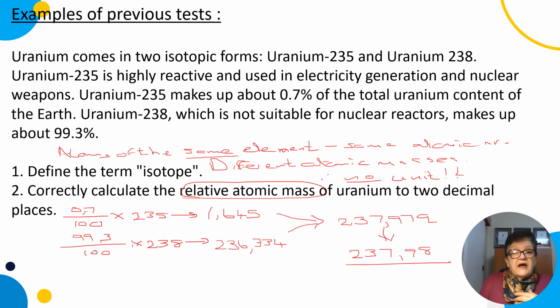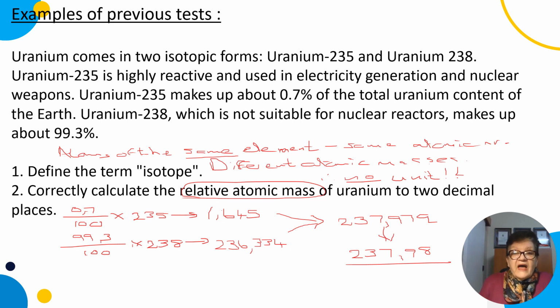Question 2 asks, calculate the relative atomic mass of uranium to 2 decimal places. So you know the percentage of isotopes present. 0.7% means 0.7 out of 100. And 99.3% means 99.3 out of 100. So the first, 0.7% of 235 gives you 1.645, and the second, 99.3% times 238 gives you